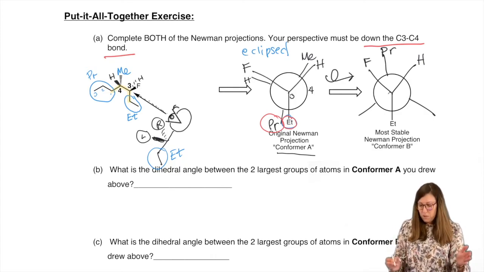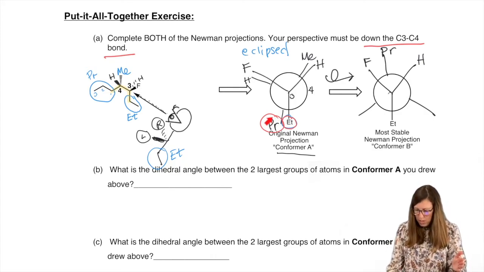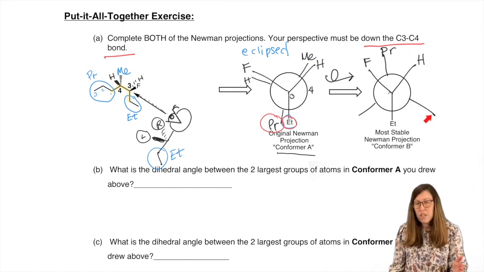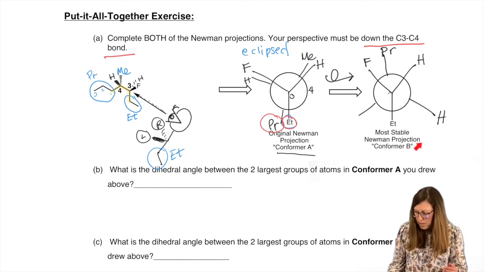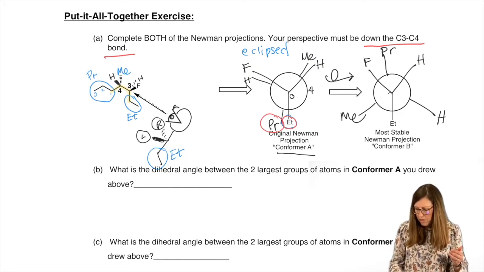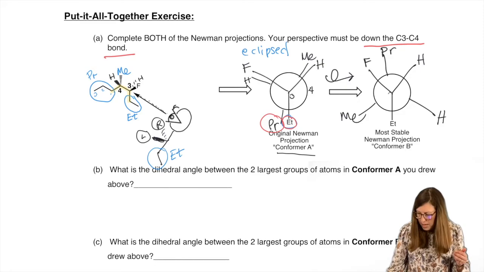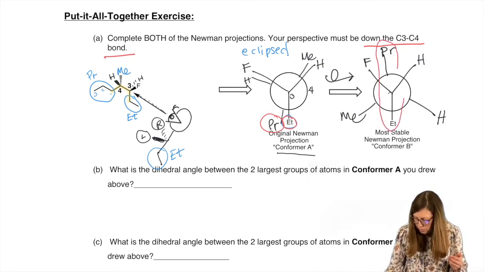Now everything has to match relative. So next to propyl, if we go clockwise around the back, going clockwise from propyl the next bond is an H. So let's make sure we put the H on here, not there, because going clockwise from propyl around to the next bond is H. Okay, going clockwise around to the next bond from H is methyl, and that's the only one left, but it's always good to double check. Now notice this anti-relationship. Biggest group's anti.